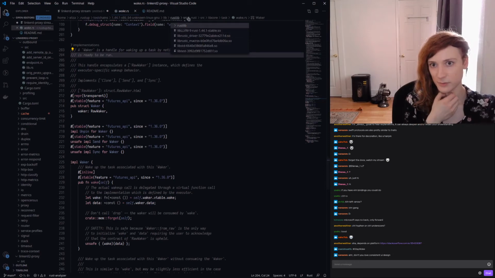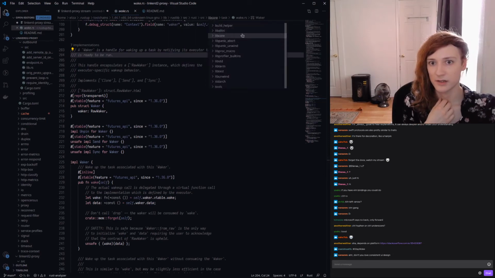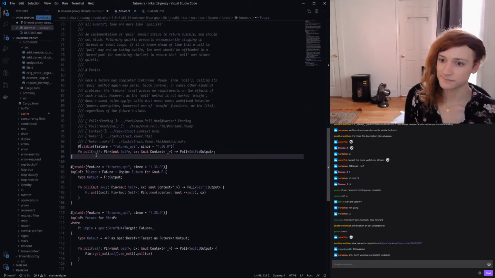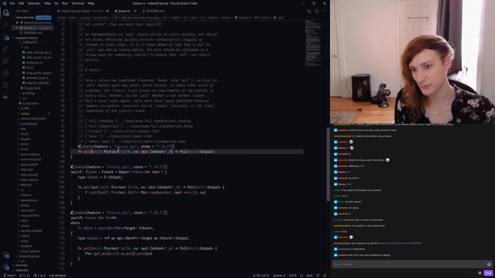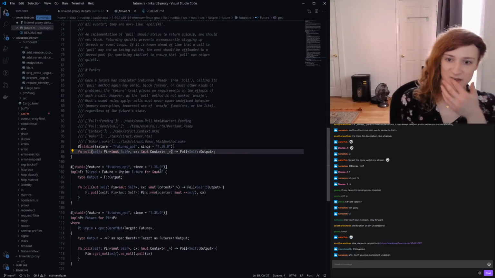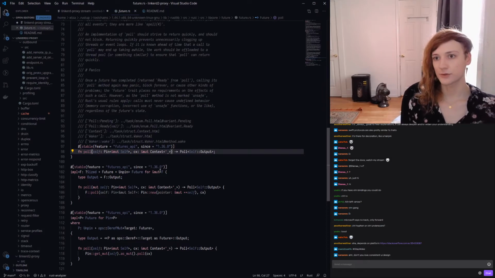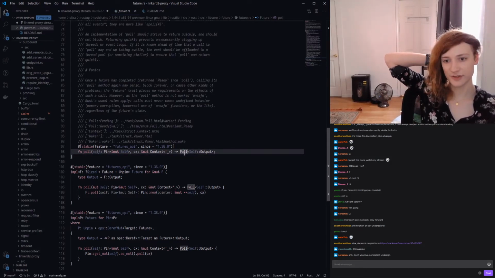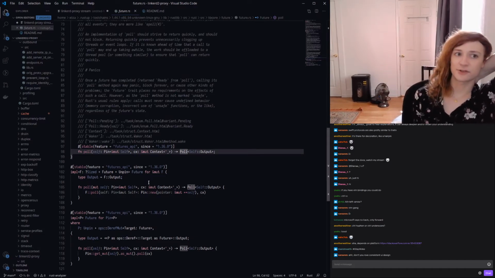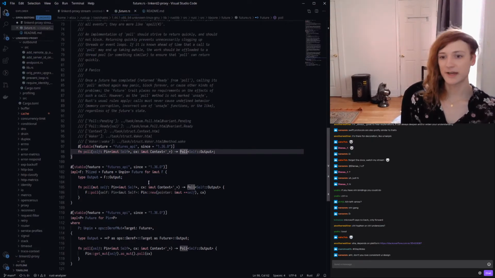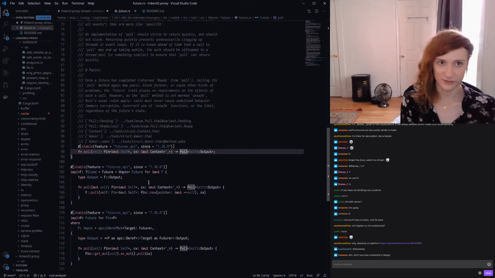So we have this future trait, and now I think we have all of the parts of it laid out in front of us well enough to sort of understand what it actually means. This future trait has this one method, poll, and we have a self, and it's mutable, so we get to change the state of self. And then we have this context, and this context has something called a waker, and we can use this waker thing to schedule the task that is currently being polled to be polled again. And then we can return something that is either ready or pending. If it's ready, it has some data. If it is pending, it doesn't. And if it is pending, we somehow ensure that this waker is used to schedule the task again.